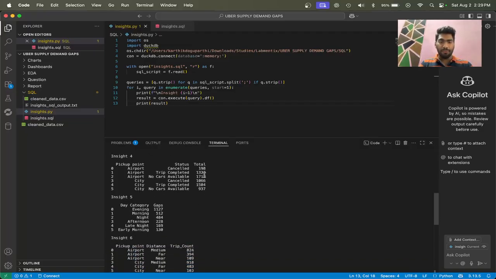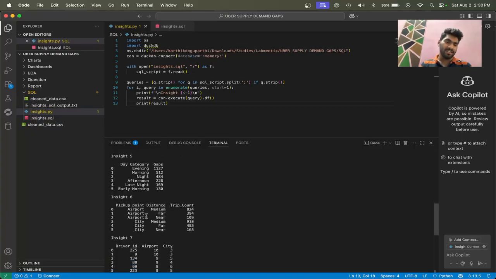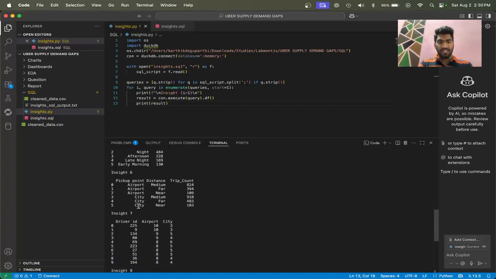which will be insightful for Uber to know where to provide cab service, and where to remove the cab service, where the demand is high and the supply is less. The fifth insight is to show the total trips that are performed with respect to the day categories. The sixth insight is to show